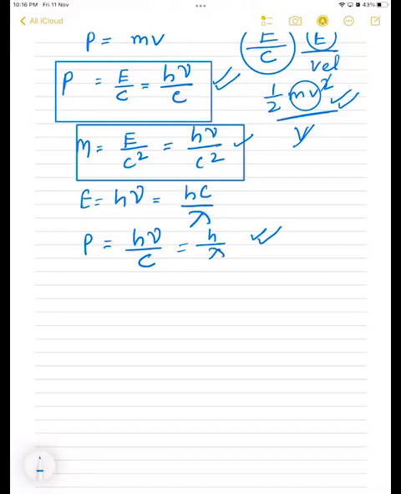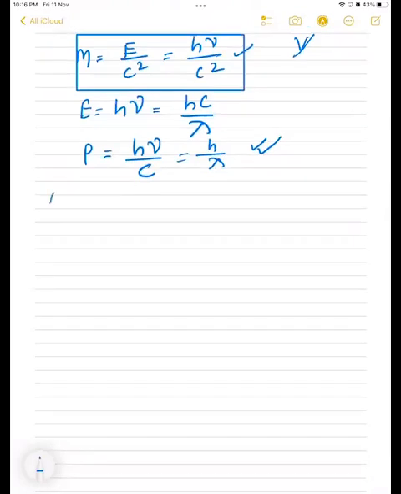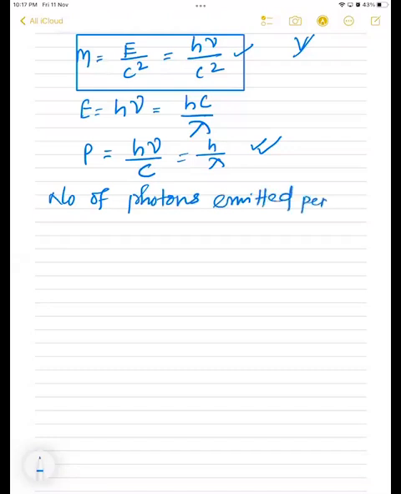And these photons are not deflected by any electric or magnetic fields. In a photon-particle collision, the total energy and total momentum are always conserved. If you are asked for the number of photons emitted per second of frequency nu from a lamp of power P,